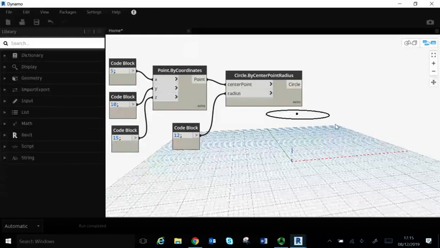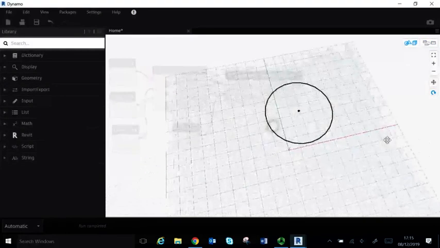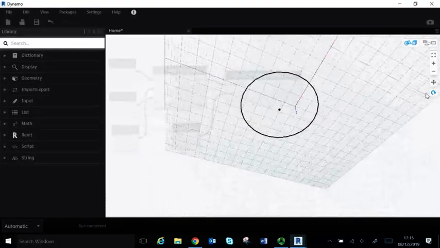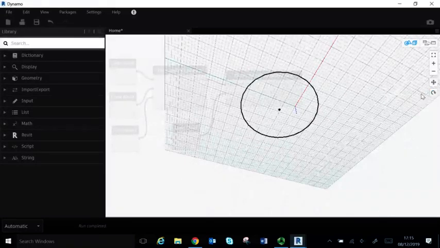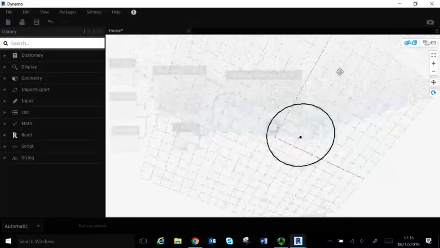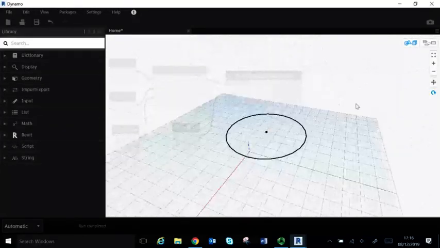We have this circle, and if you turn it around, you can actually see it is a circle. And to modify it into an ellipse